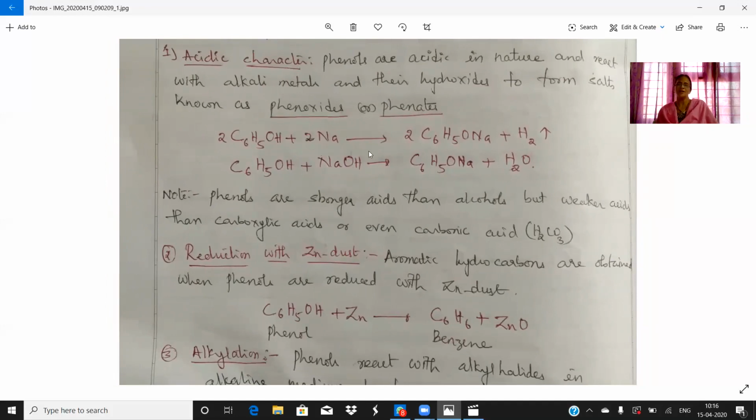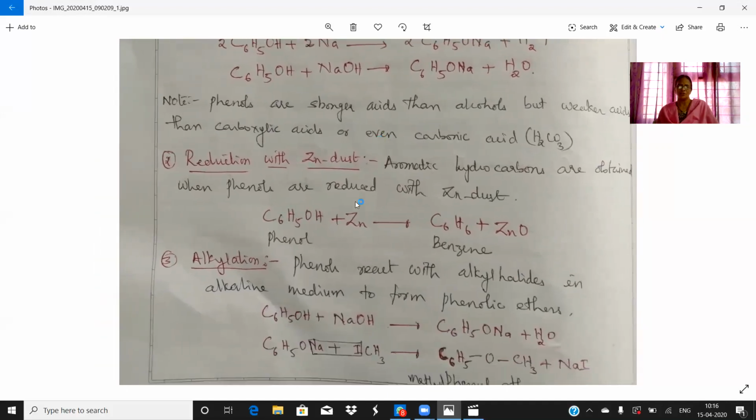Therefore, we can say that phenols are more acidic than alcohols. So here, phenols are stronger acids, more acidic than alcohols, but weak acids when compared to carboxylic acids or even carbonic acid, that is H2CO3. Now let's see the next